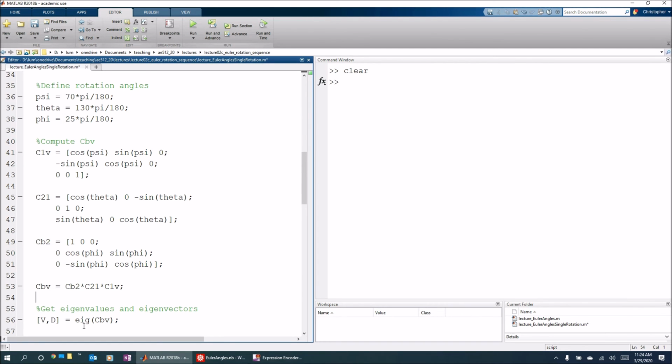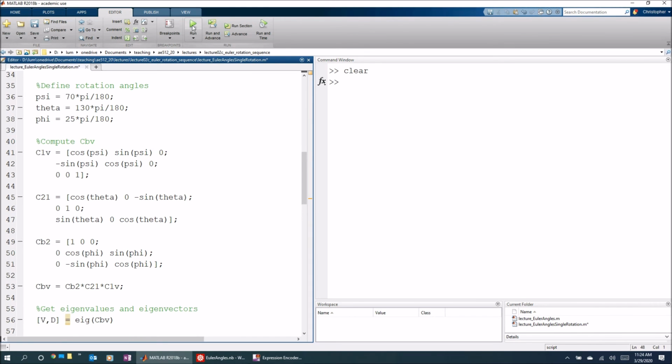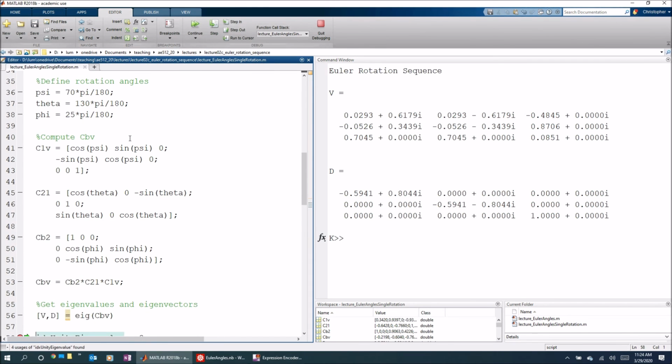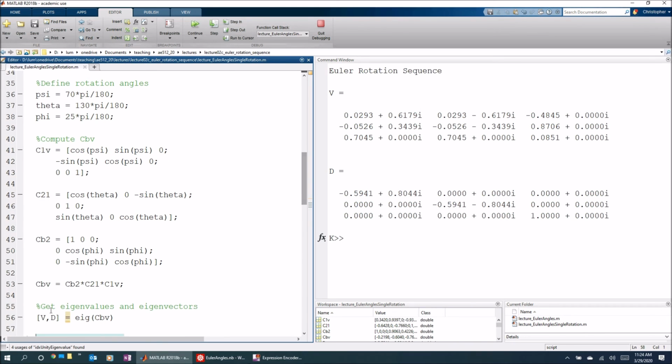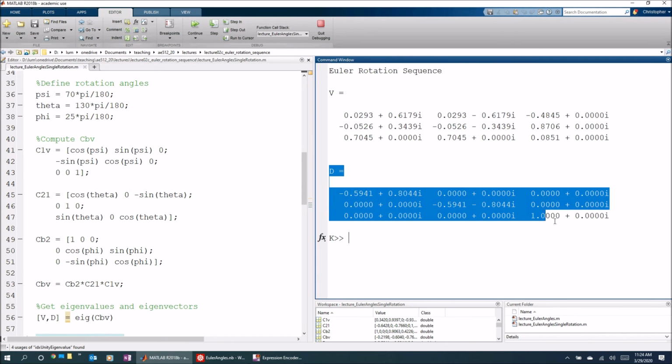And now what I want to do is let's get the eigenvectors and the eigenvalues of that matrix right here on line 56. Tell you what, let's take the semicolon off so that we can actually see the output to the screen. And I will put a breakpoint right after it. Okay, so let's just run to that spot. Let me just scroll back up here. Okay, so we just executed line 56, and you see that here are the eigenvectors, and here are the eigenvalues,